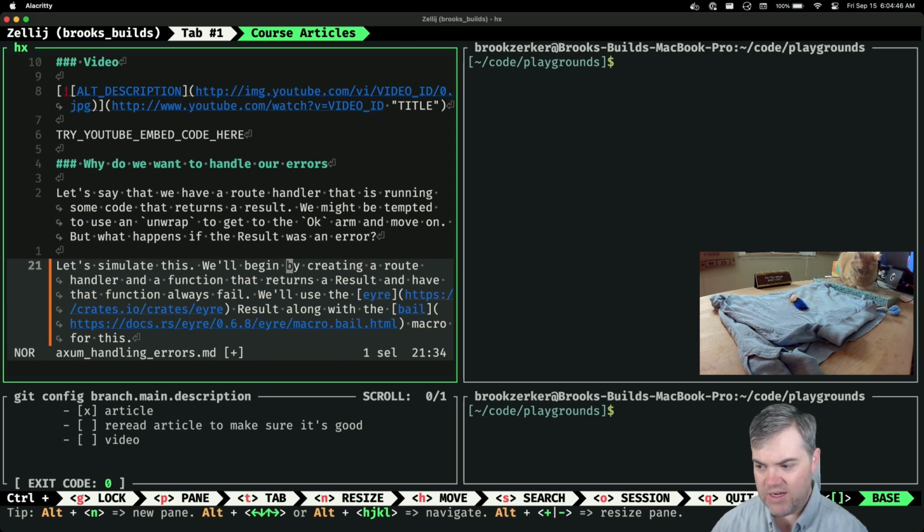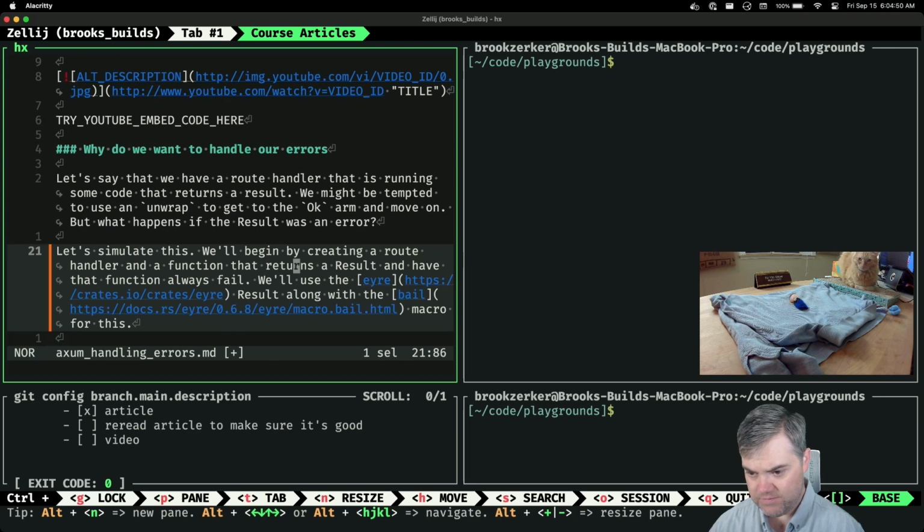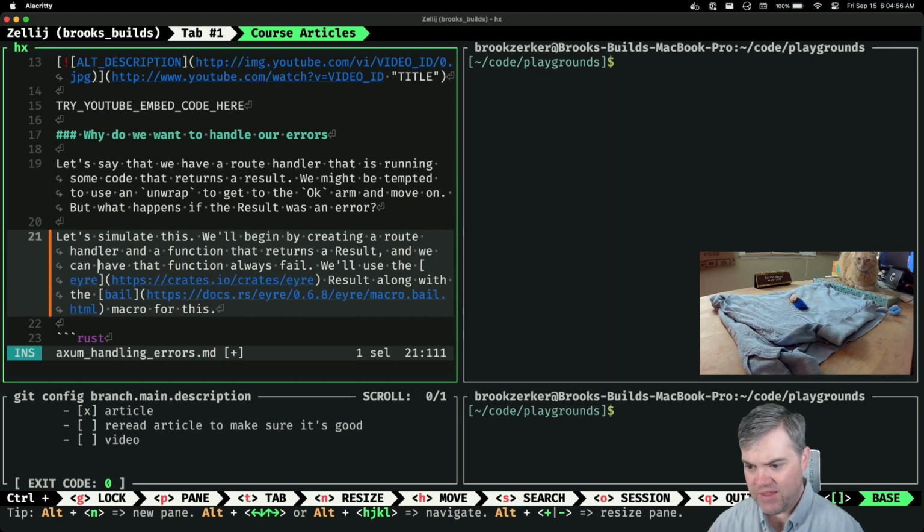We'll begin by creating a route handler and a function that returns a result. And we can have that function always fail. We'll use the error result along with the bail macro for this.